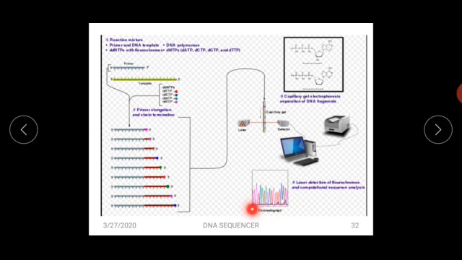As I showed in the very first slide, the red lines are for adenine, and the green and blue lines signify each of the other nucleotide bases. There are four bases: A, G, C, T. By reading this, the sequence comes up here, and we can understand that in the DNA sequence there is an A attached, a T attached, a C attached. This picture is called a chromatograph. This is very important, and only by this can we judge the sequence stretch or read we have got from the DNA sequencer.